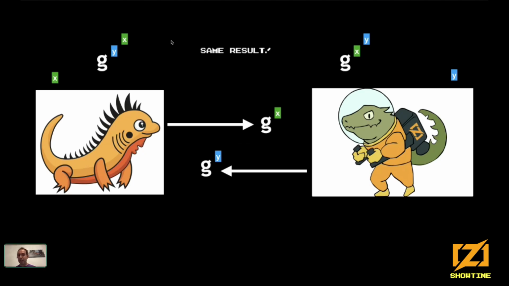The shared secret wasn't sent explicitly. Both parties have a secret key that they never sent over the wire. They send something else that can be public. Anybody can take a look at G to the Y or G to the X. This is fine. X and Y are still secure. And based on this secret and public thing, they were somehow able to perform a computation together and come up with the same result.